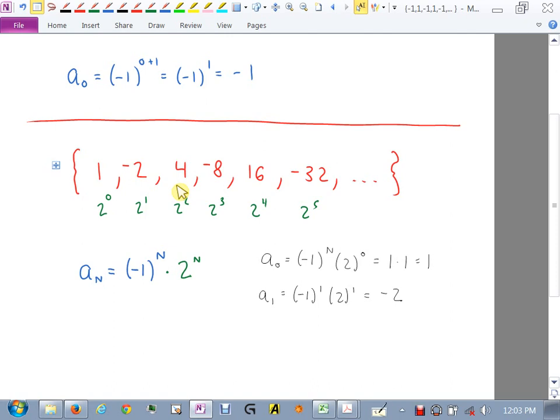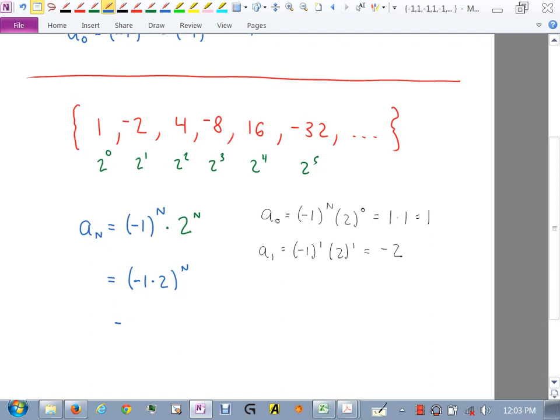Yes, now we have to look at this back here. Our formula works, right? But can we clean it up? Can we make it look any different? Absolutely. We could if we wanted to. Since they're both to the n, you could put them both in a single set of parentheses to the n with multiplication between them. Because whenever you have two things being multiplied raised to a power, you can put the power on each one, right? Which is what this is. I'm going backwards. And then what's negative 1 times 2? Negative 2 to the n. So the most clean form of the formula is negative 2 raised to the n.